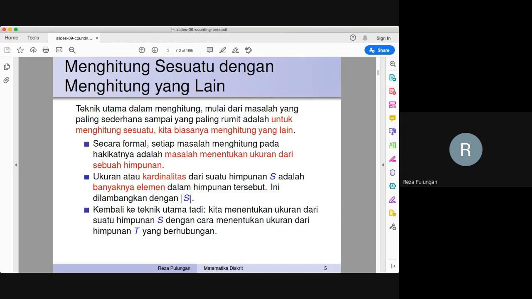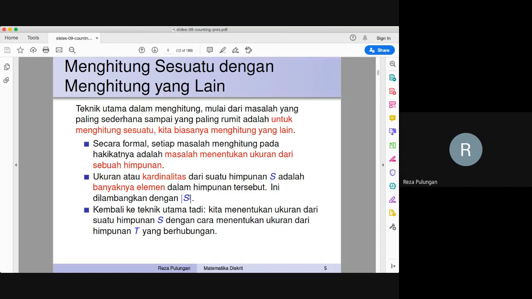Back to the main technique that I mentioned before: we will determine the size of a set S by determining the size of another set T. Of course, these sets S and T are not independent of each other. There must be some connection between them.